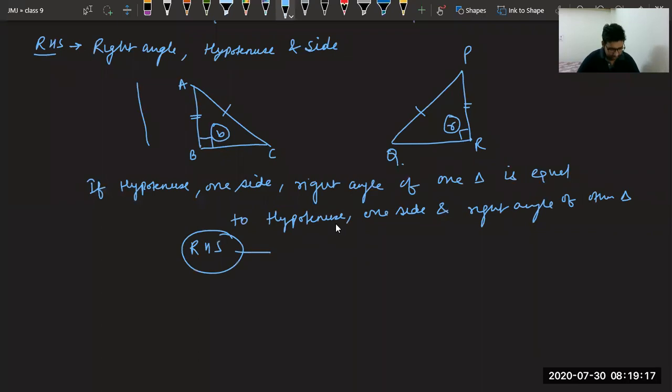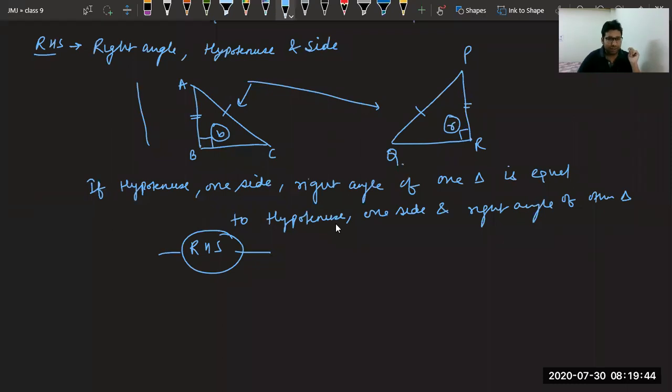Suppose this criteria was not there. All of you, suppose RHS was not there. Yes, beta, any side. It can be perpendicular, it can be this base also. Main is hypotenuse should be there. Hypotenuse is compulsory, other side can be anyone. Sir, can we take QR and BC as side? QR and BC. Yes, beta, you can take that also. No issue. I will tell you how.